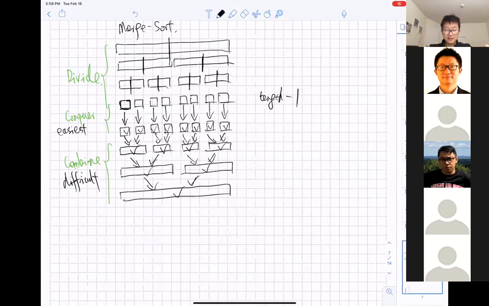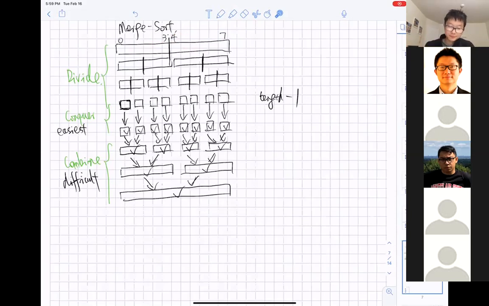So suppose that this index is 0 and this index is 7. We just find where is the middle point between the index 0 and 7. Let's say it is 3 and 4. So everything whose index starts from 0 to 3 is going to be included in the first subarray. All right, I get it now. So we're not worrying about the values, we're just worrying about the location. Okay, thank you. No problem.